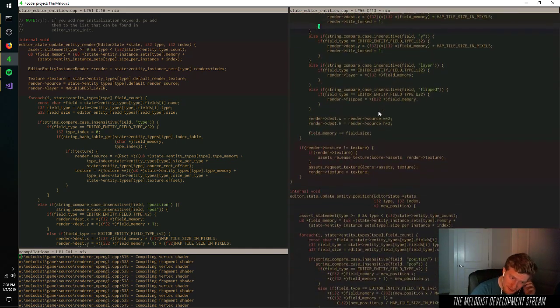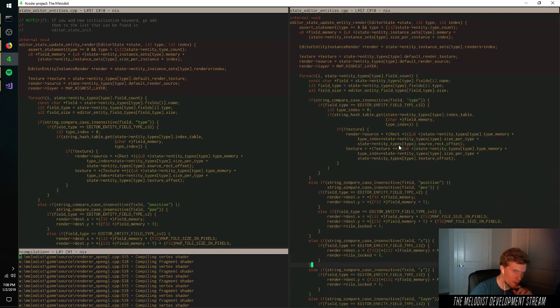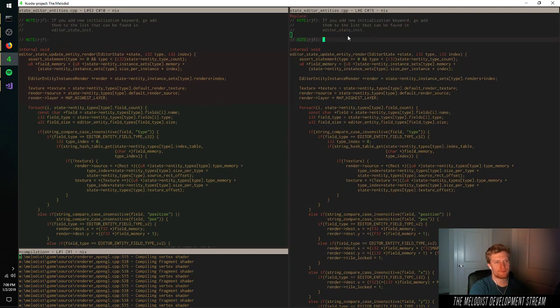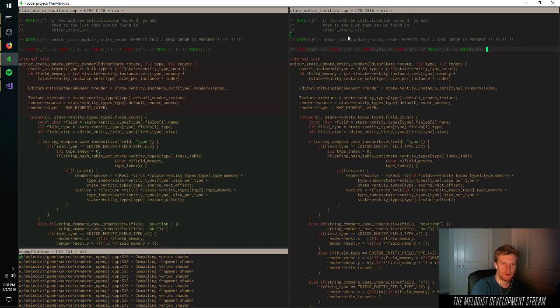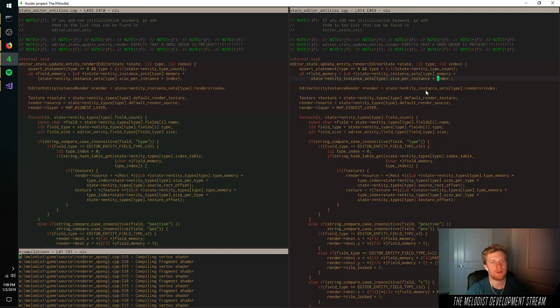So when an entity render is updated, I'm going to want to handle this case. What I'll do for now is error state: update entity render expects that an undo group is present. That's really fun. Let me do that, just so I never forget. I'm definitely gonna forget at some point, but